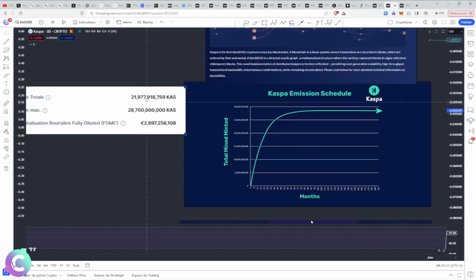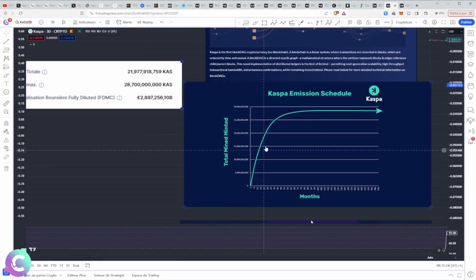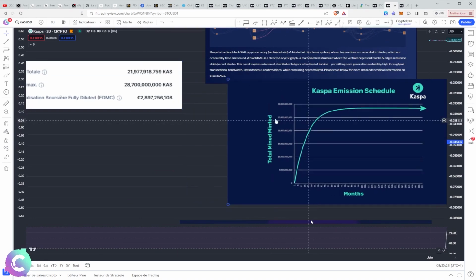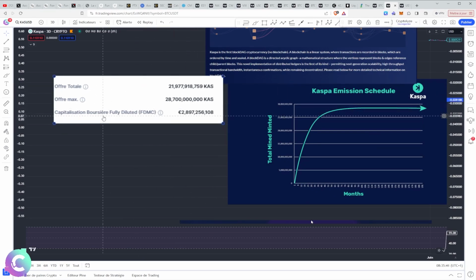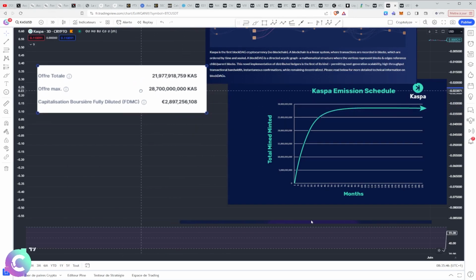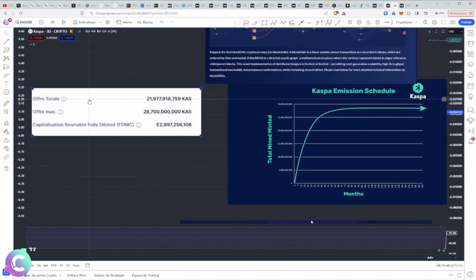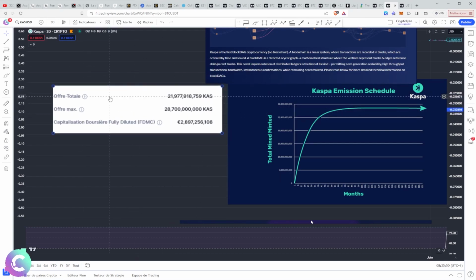In terms of tokenomics, we have something that is rather clean with a very big show from the start, and then we will move slowly and tenderly towards the maximum supply, which will be 28.7 billion KAS, and currently we are almost at 22 billion KAS, which have been produced and are currently in circulation, with a diluted market cap which is close to 3 billion, and which is relatively high compared to the TVL if we are used to thinking in a form of EVM-compatible blockchain, therefore a blockchain which aims to make smart contracts.